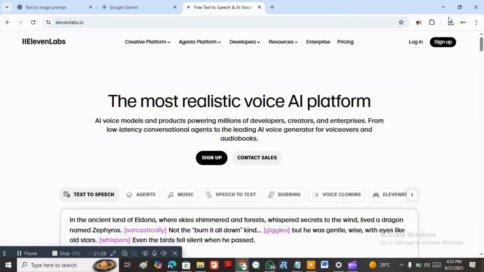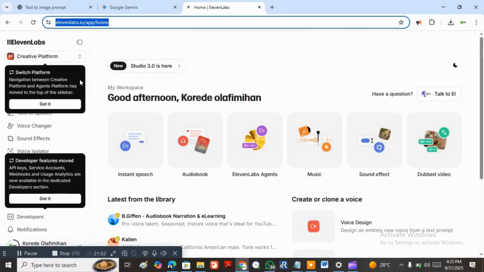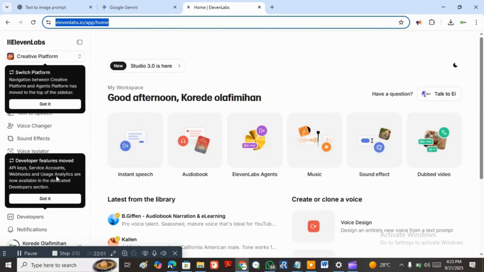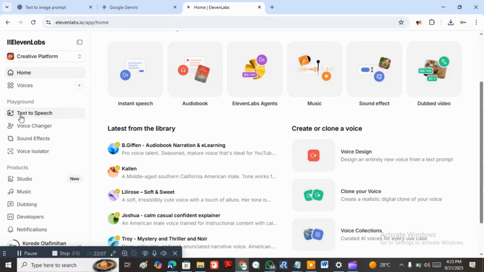So you can sign up. It's a very easy process of signing up. Once you click on sign up, you are able to design and get what you actually want. But in my case, I'm already signed up, so I don't need to sign up again. I already have an account. So this is the environment. But in your case, you do. Once you sign up, you go to the text to speech. You can see it on the left hand side, text to speech. Once you click on that,